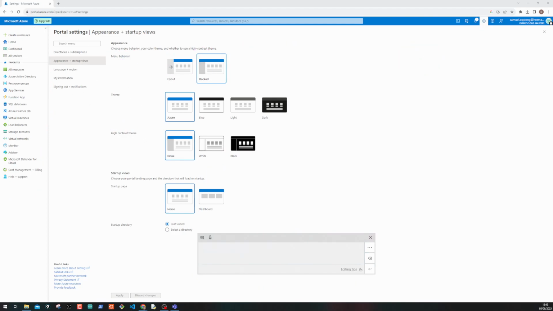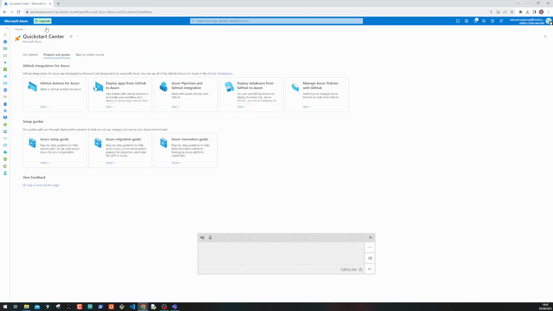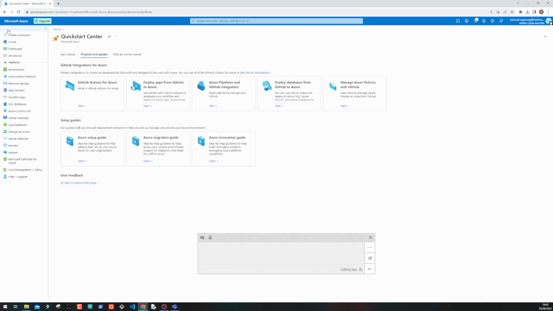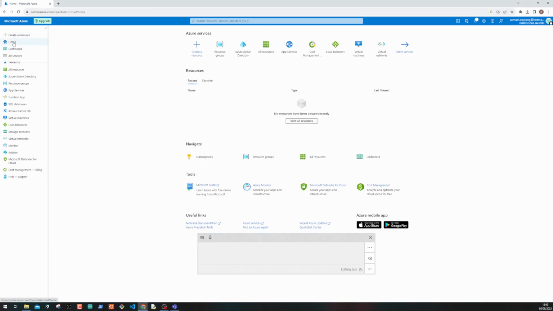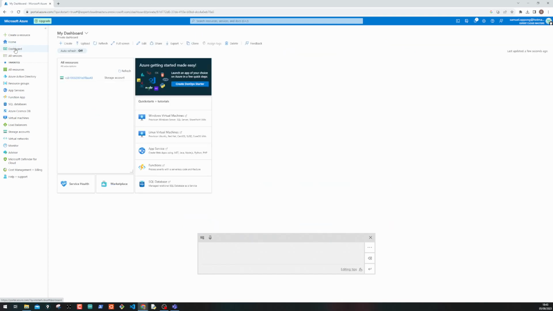and now go over here, you would see that we have the chevron here. It helps them to hide stuff. It helps them to open it. So flyout could be an option you go for. Now you can see you have your home. You can see you have your dashboard. This dashboard we'll talk about later, but it gets you to design a dashboard that helps you monitor where things are